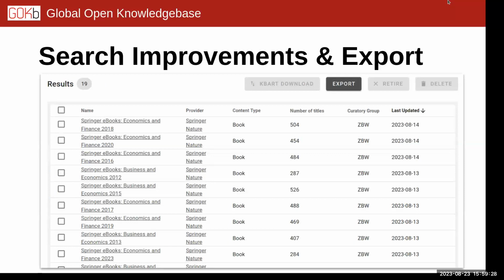What I wanted to talk about next is the export functionality, which was also added quite recently, and was requested for people to reference their packages, or packages they're interested in, externally, for example, to other departments and so on. So we added an export button here. So you have your search,